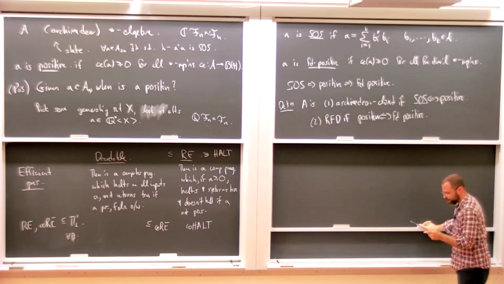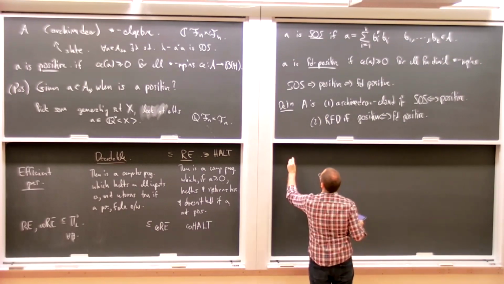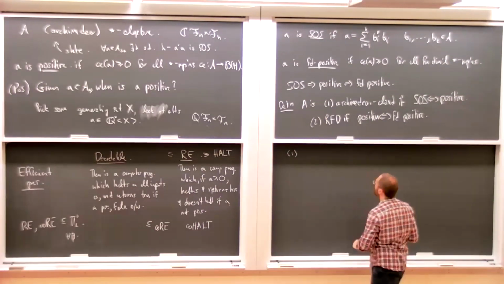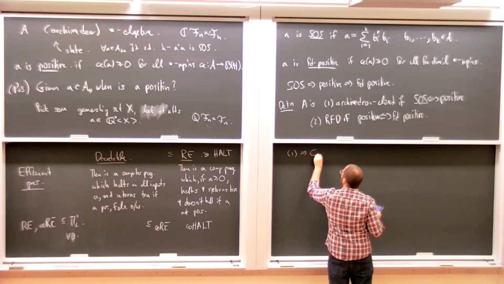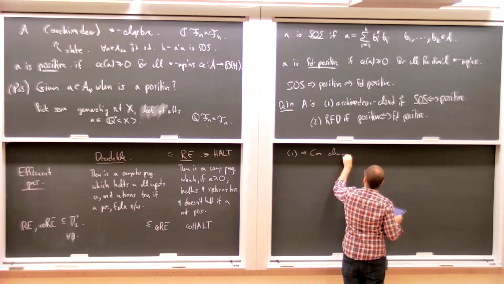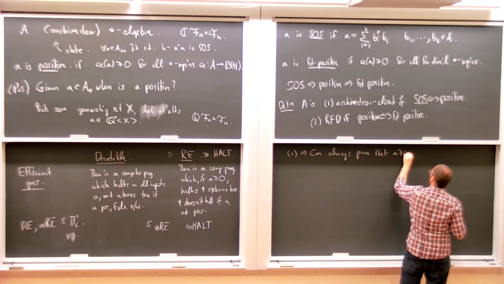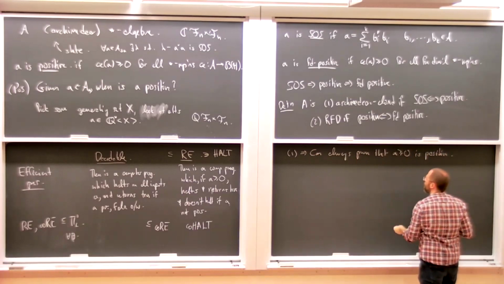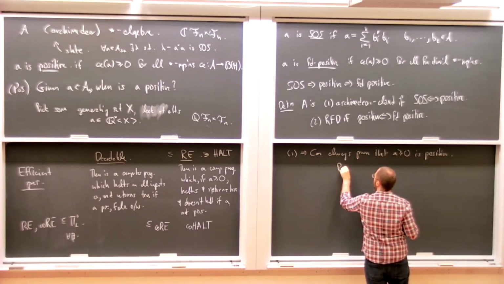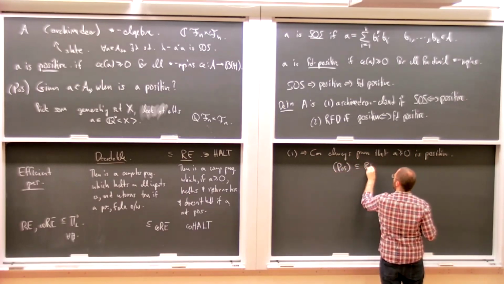And then Archimedean closed, so our condition 1 here says that if something is positive, then we can always prove it, right? So 1 can always prove that a positive element is positive with a sum of squares decomposition. In other words, we're saying that this positive problem here is contained in RE.